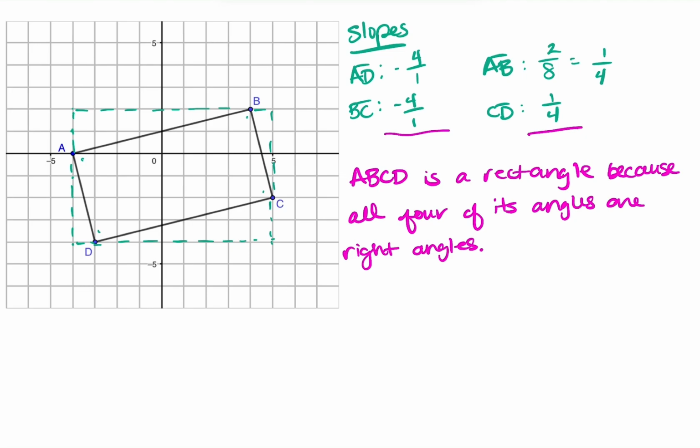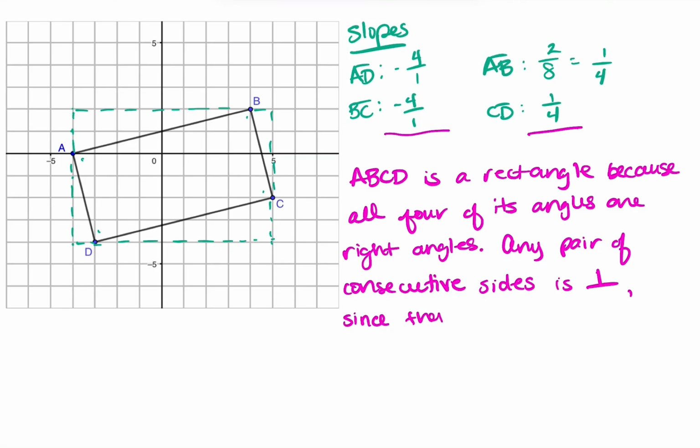To explain how I know that they're right angles, there are some key words that I have to use. I have to talk about the sides being perpendicular because their slopes are opposite reciprocals. So I'm going to say that any pair of consecutive sides, now consecutive means next to each other, you could also say adjacent sides, any pair of consecutive sides is perpendicular